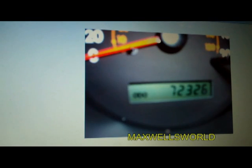Here's a shot of the back seat, the interior. It's a fairly clean car. It doesn't look like there's a lot of heavy traffic or dirt in it. Of course, with the way they detail it and stuff like that, a lot of that's gone by the time the picture's taken. And kilometer-wise, yes, that's true kilometers on it,